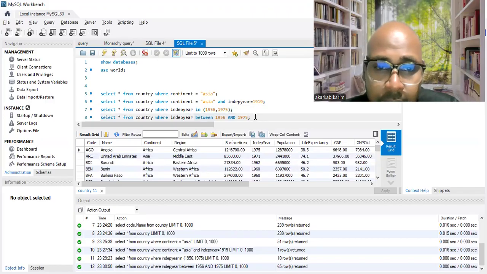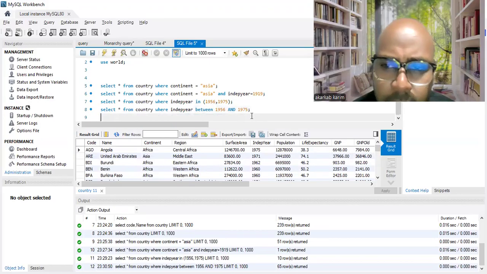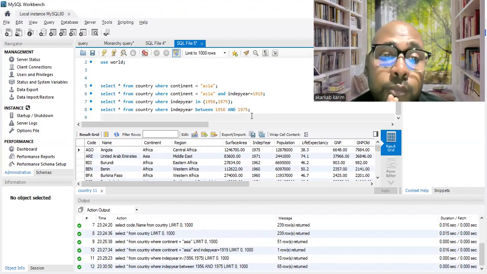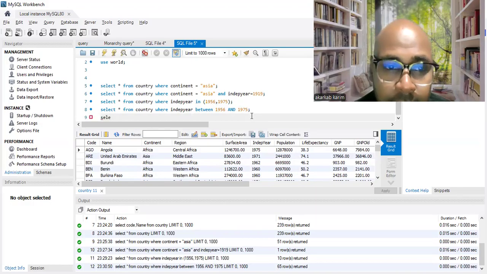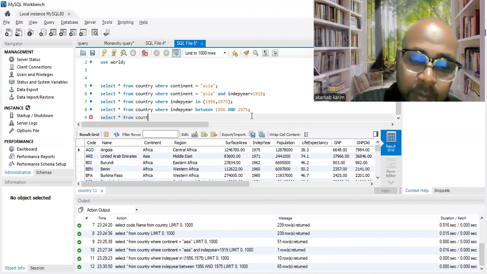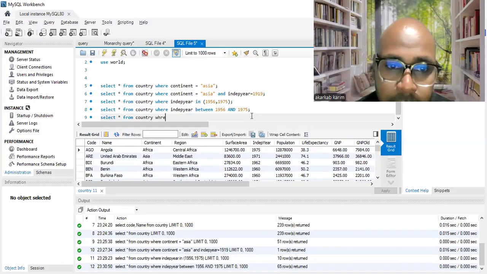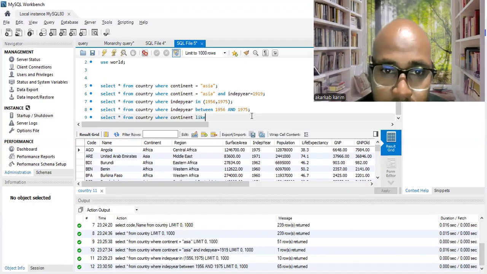Okay, so we also have the ability to use a clause to specify some string values. So let's try one. We have select star from country where, I'm choosing the continent, for example, LIKE.